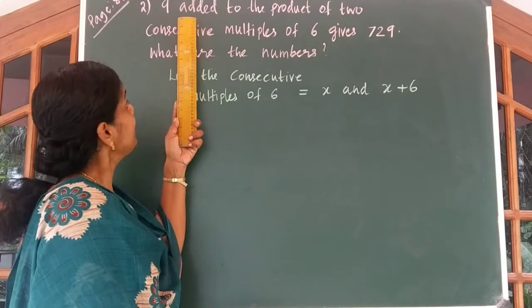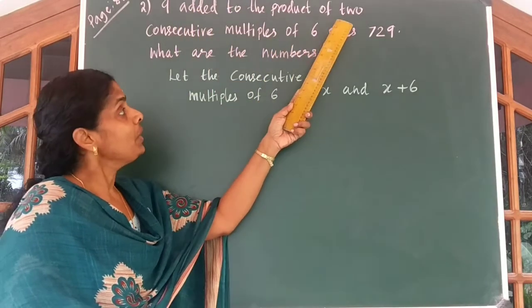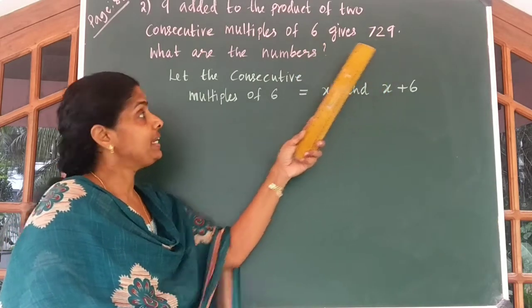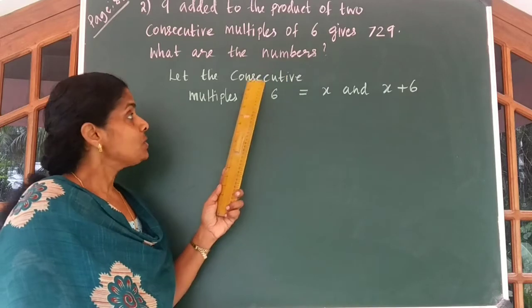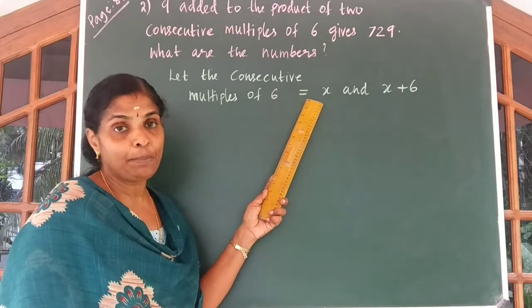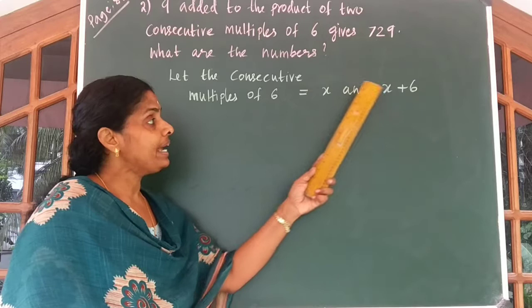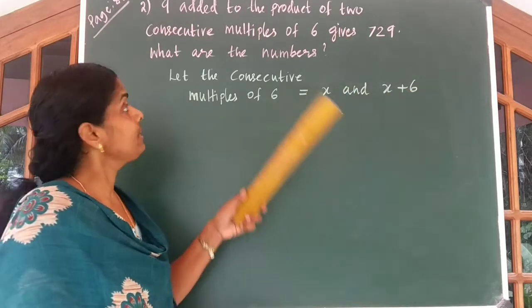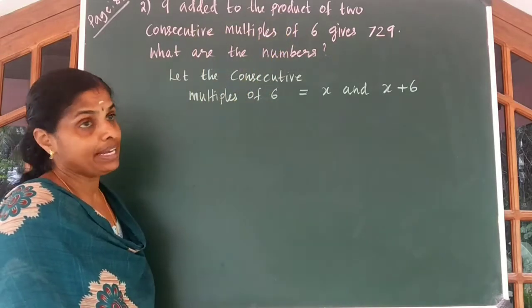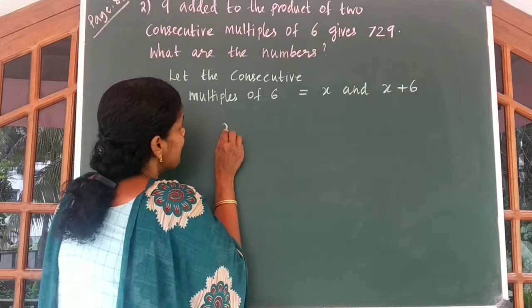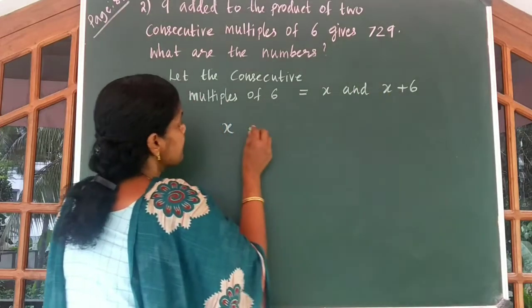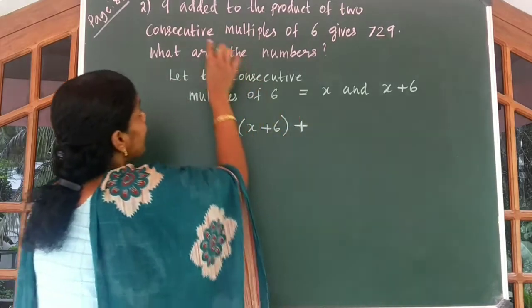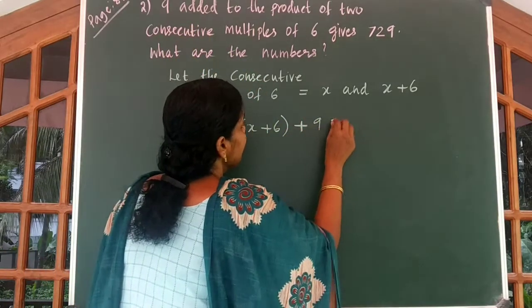Second question. 9 added to the product of two consecutive multiples of 6 gives 729. What are the numbers? So we can take the consecutive multiples of 6 to be x and x plus 6. Do you understand? Now use the condition. 9 is added to the product. So we have to write the product of these two numbers gives you x into x plus 6. To this we are adding 9. By adding 9 you are getting